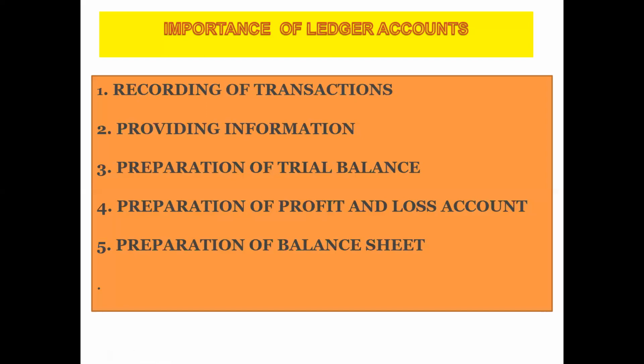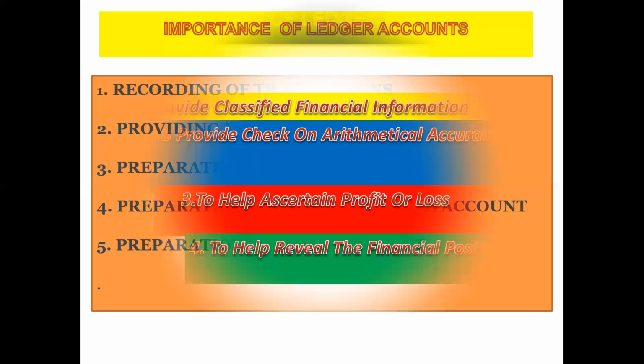These points can be considered as the accounting cycle. The first stage of the accounting cycle is the journal book, the second stage is the ledger, the third one is the trial balance, the fourth one is the trading and profit and loss account, and the next one is the balance sheet. So these are the five different stages, five different formats we have in the accounting process. With the help of these five accounting formats, you can maintain the accounts in the organization. So this is the significance of the ledger.